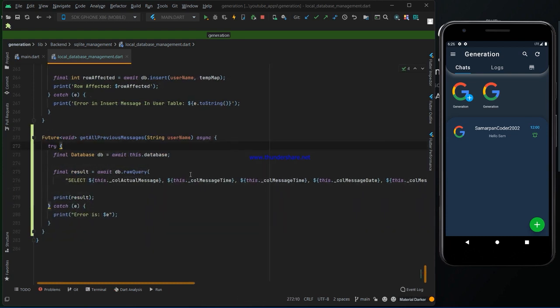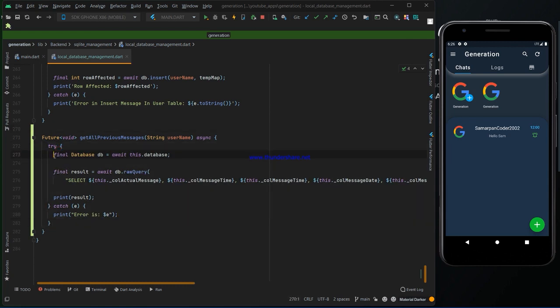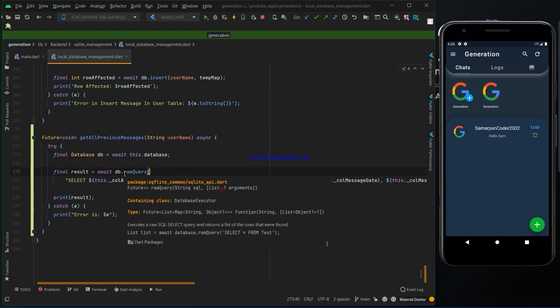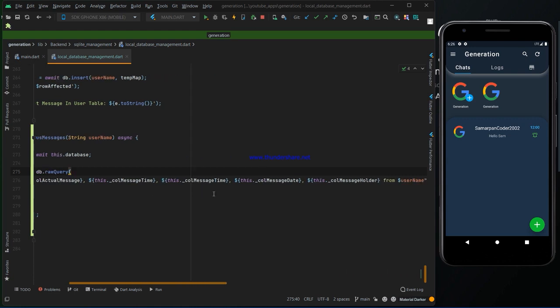In that method, at first we use exception handling, and under that try block we make the instance of the database, and then we make a raw query. This is a simple SQL query where we want to fetch some column values of a table.